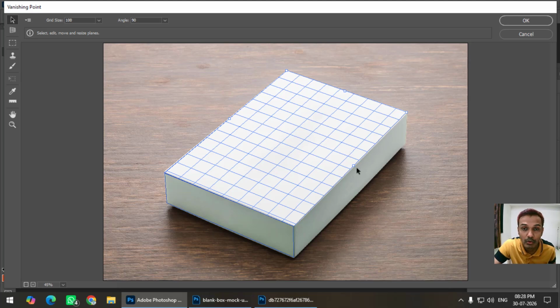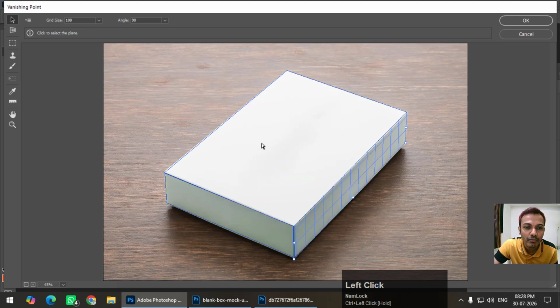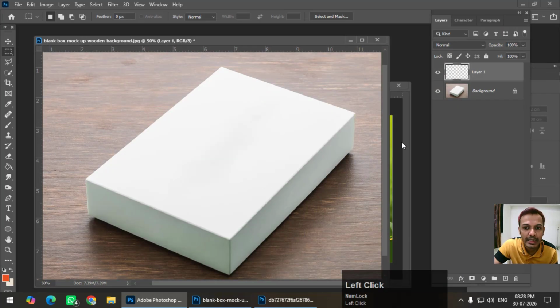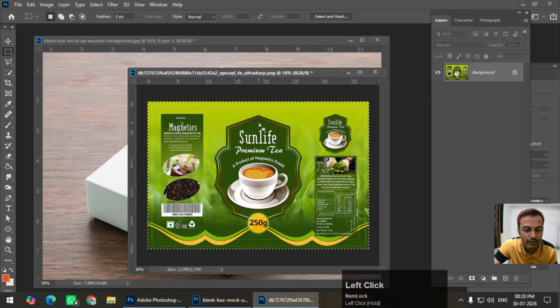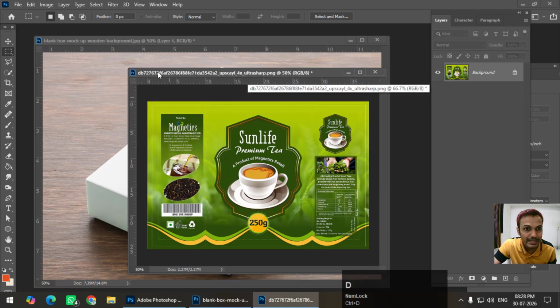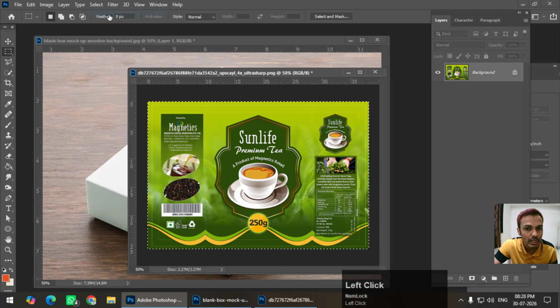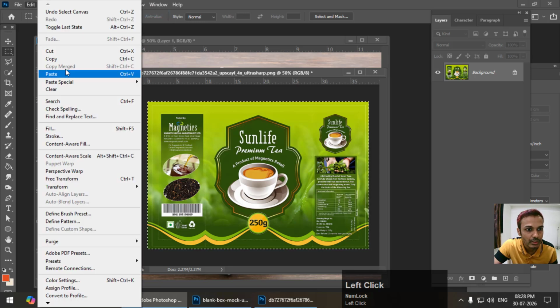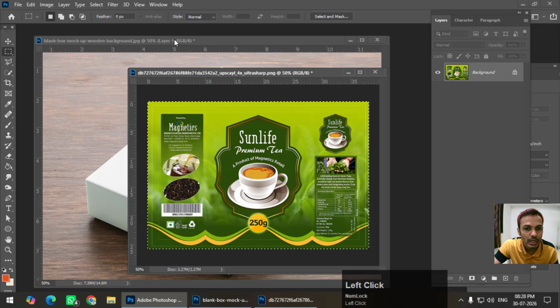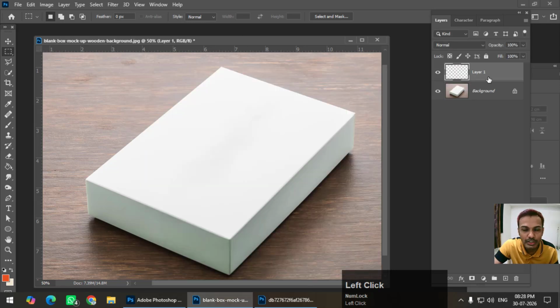Now again press and hold Control or Command and left click and drag. So this is the plane that we have created. Now we are going to put the design over this. So press OK. So our plane is created. Now choose the design, any design that you want. So I'm going to select this, select all, and copy, edit, copy, and again go to this layer 1